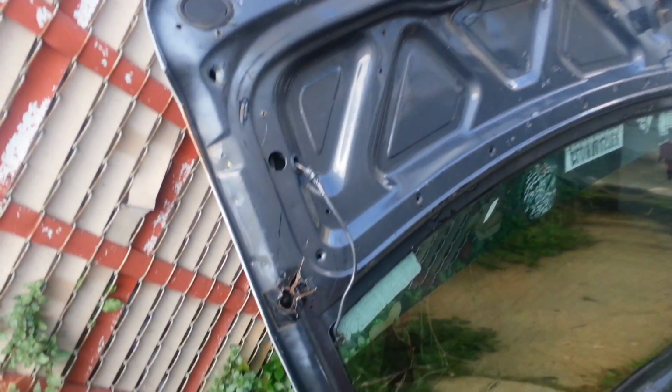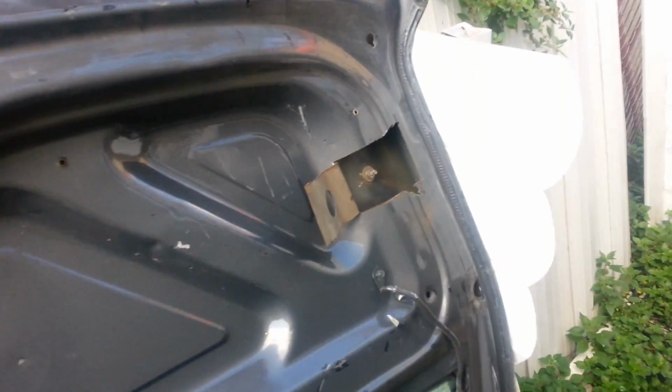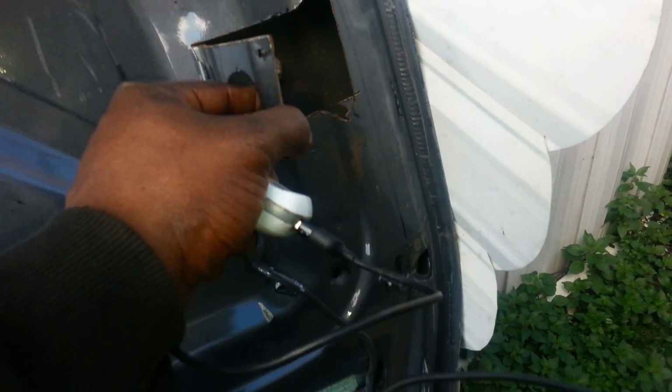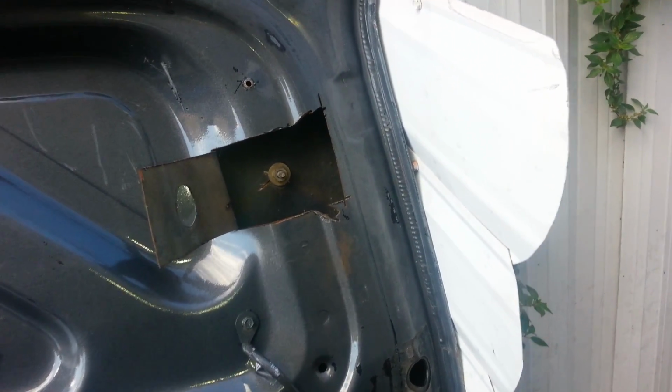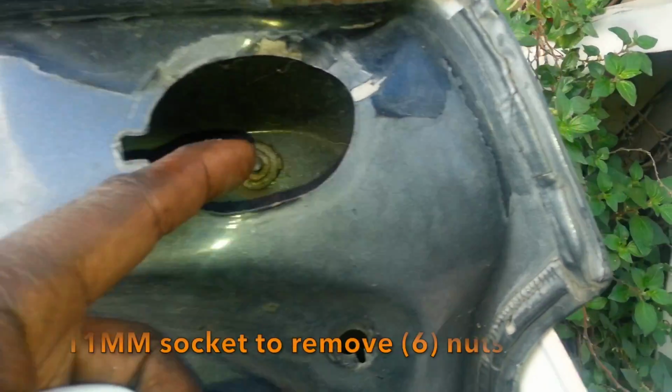All right, so we got the hatch out now, and it's just sitting here on the side. I don't know what was going on, man, but it's all hacked up. For whatever reason, it was hacked up right here too. I don't really know why, but to remove the spoiler or the wing or whatever, you're gonna remove these bolts here. These are 11mm, so there's one here,